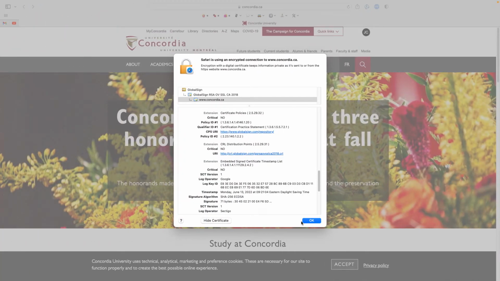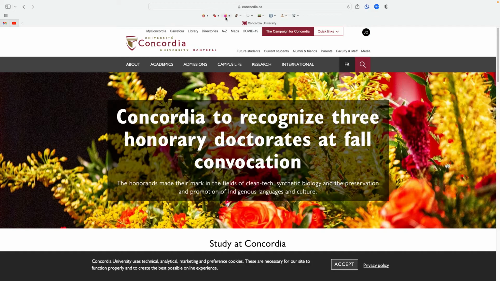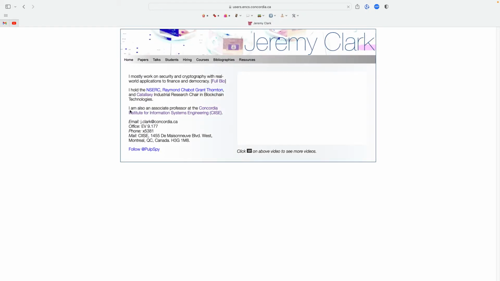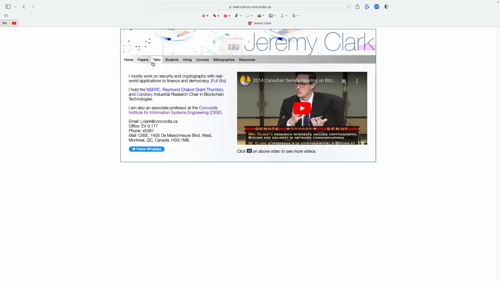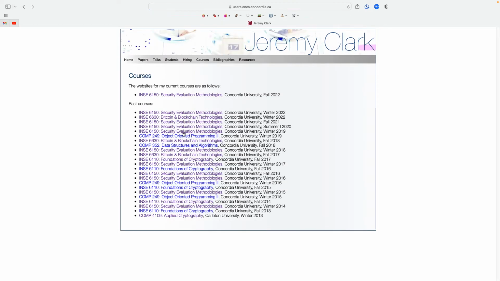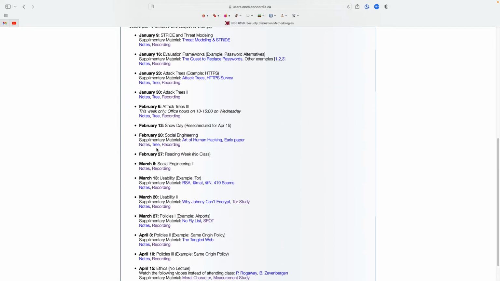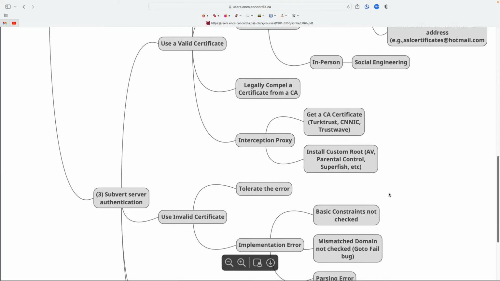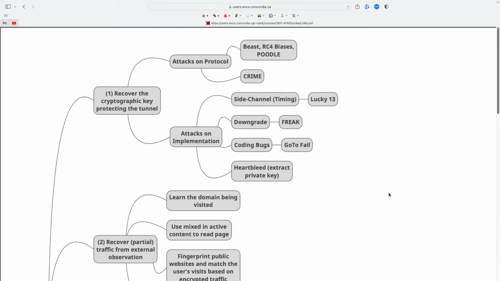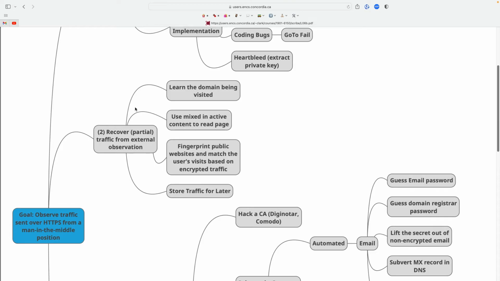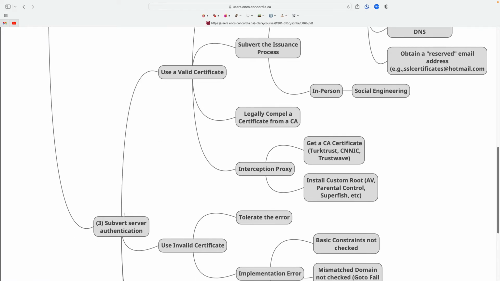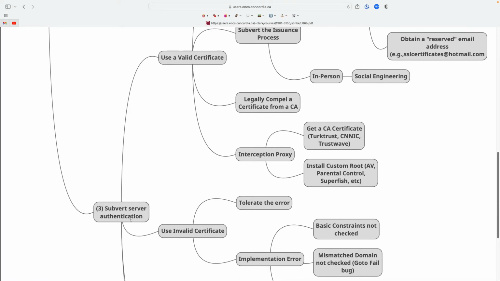Okay, now let's go back to the attack tree. Instead of logging through Moodle, because I'm going to have to do two-factor authentication, all that stuff, I'll just pull up an old version of the course that has more or less the same tree. Okay, so we talked about most of this stuff. So remember early we talked about recovering the key, and we had all these attacks. We didn't really go through all the details. We talked about the fact that just because it's encrypted traffic doesn't mean you can't learn anything. And then we talked about how you're going to get the tunnel pointed at you, okay?